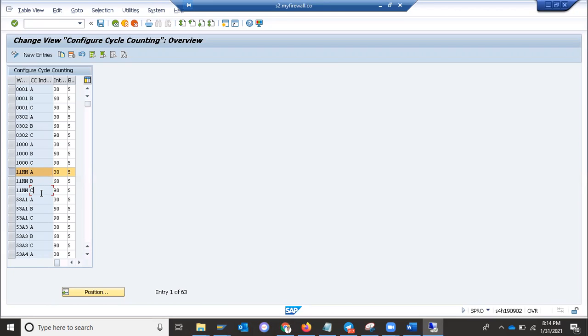Now, in general, for any company in the world, the ratio is that 70% of the value is decided by only 30 to 35% of the quantity of the products. They are the high-end, highly valued products. Most of the companies are following the same manner. Some companies are exceptions, but for most of the companies, 80%.